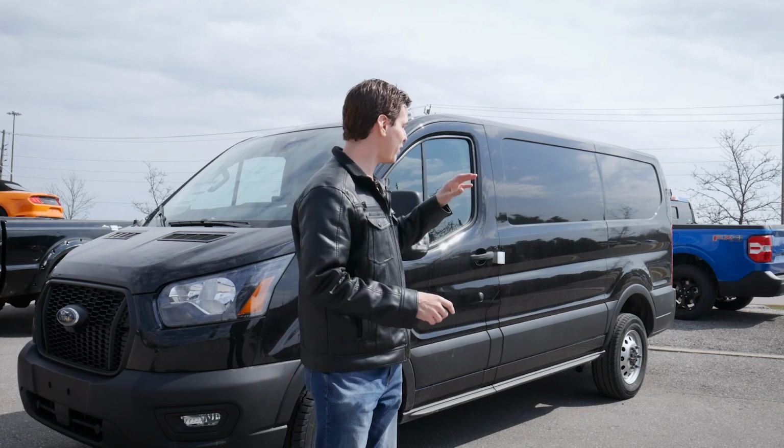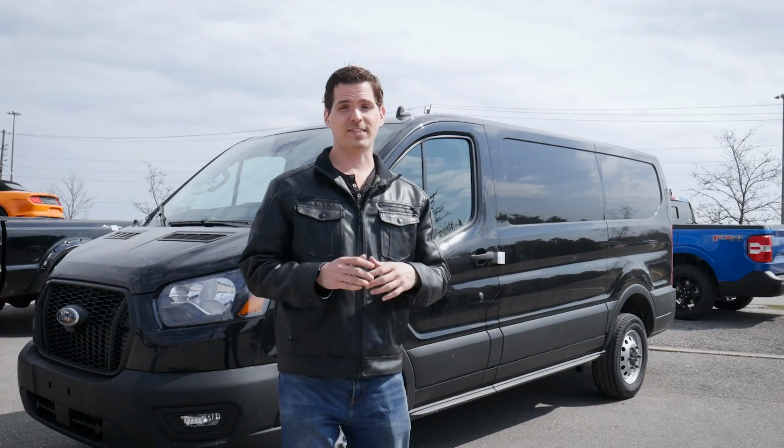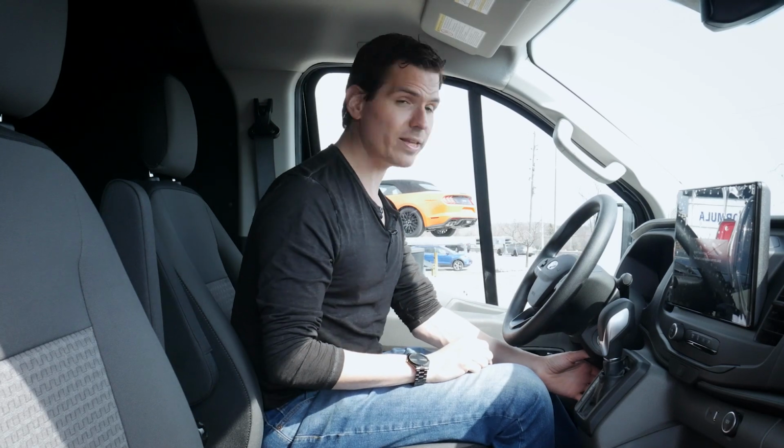And it's got the option for either single or dual rear wheel drive. The entire steering wheel inside of the cluster